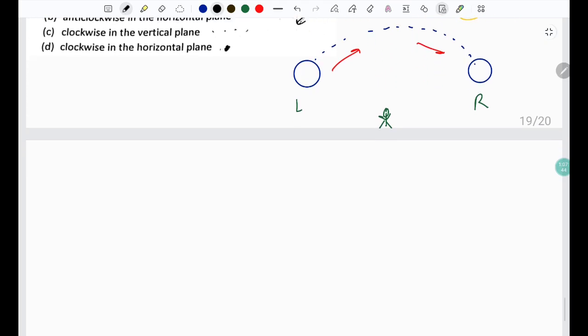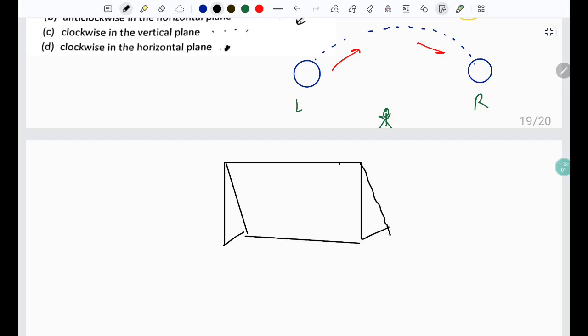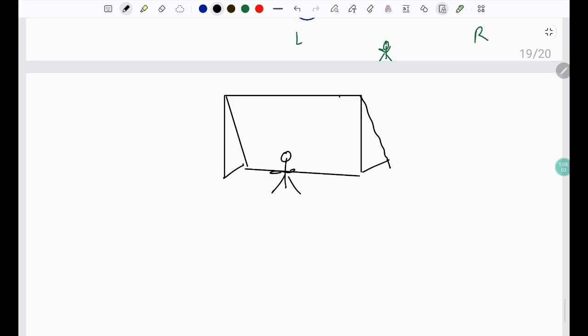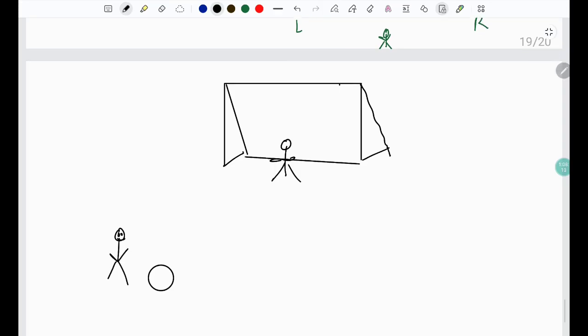नाउ लेट्स सी हॉरिजॉन्टल प्लेन में जो हमारा साइडवेज मूवमेंट होता है, जो कि फुटबॉलर्स अक्सर यूज़ करते हैं, रोनाल्डो एंड ऑल ऑफ देम, वहाँ पे मैग्नस इफेक्ट कैसे काम करता है। ये हमारा कोर्ट है इस फुटबॉल का, कुछ ऐसे, और ये हमारा गोलकीपर यहाँ खड़ा हुआ है, और ये बॉल है हमारा, मान लो मेसी या रोनाल्डो पेनल्टी ले रहा है, मुझे फुटबॉल के वैसे रूल्स तो पता नहीं है।